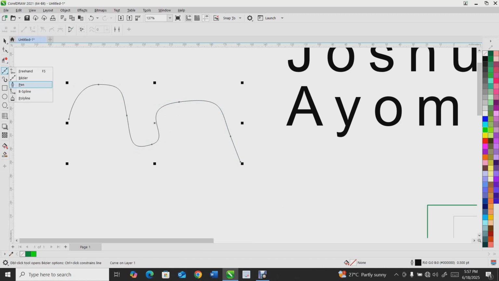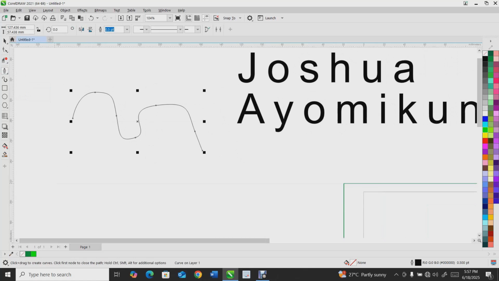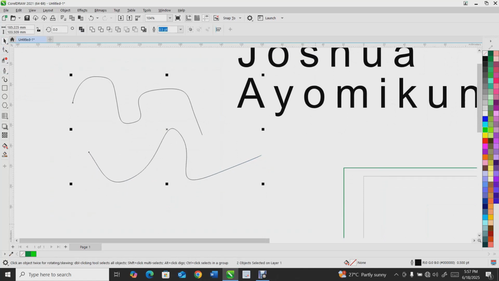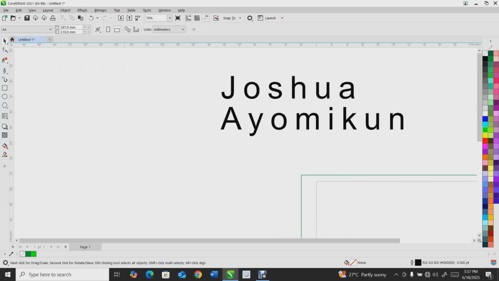We have the pen tool, one of my favorite tools on CorelDraw. This pen tool can also draw curves just like the Bezier tool. I love it so much. There are many things it can do. For instance, let me show you something spectacular about it. If I import